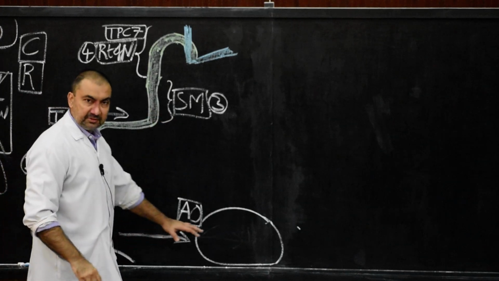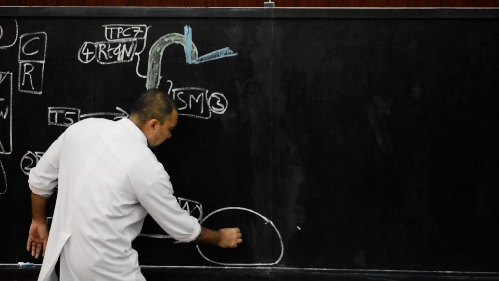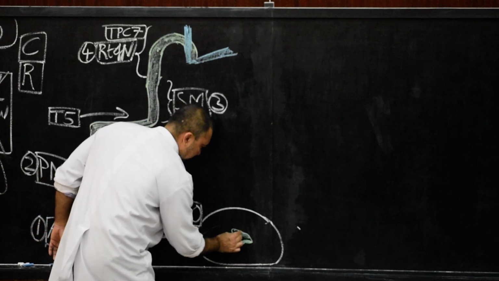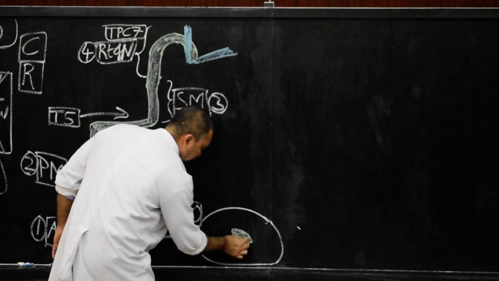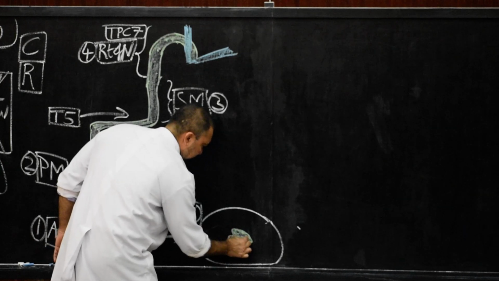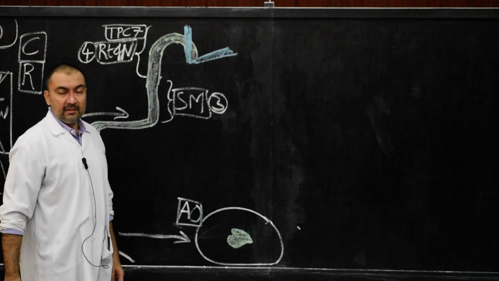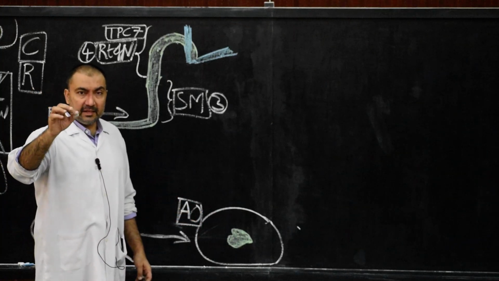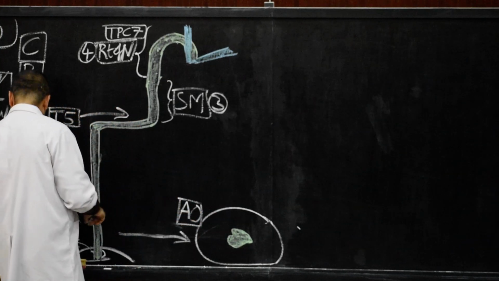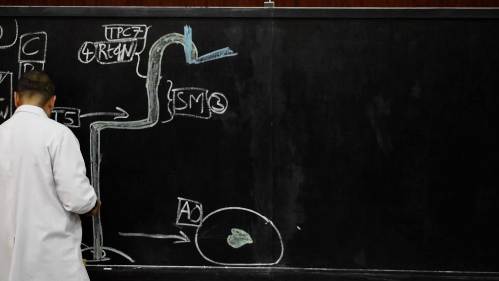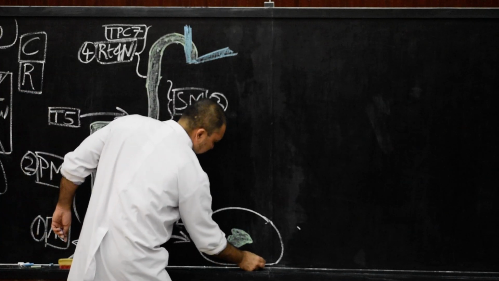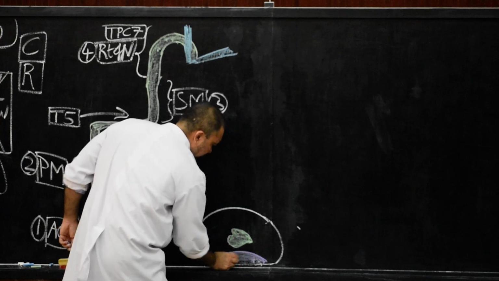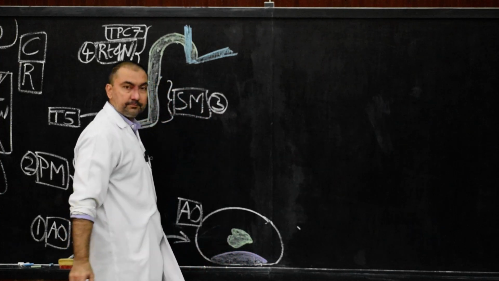Now remember, these are the cross sections, aortic opening cross section. So here, this is the thoracic duct. This structure will be the thoracic duct, beaded in appearance. So I am drawing this cross section of thoracic duct. Now the structure which is lying anterior to the thoracic duct at the level of aortic opening will be the median arcuate ligament. So I am going to represent that median arcuate ligament as this structure, violet color, and this one will be the median arcuate ligament.